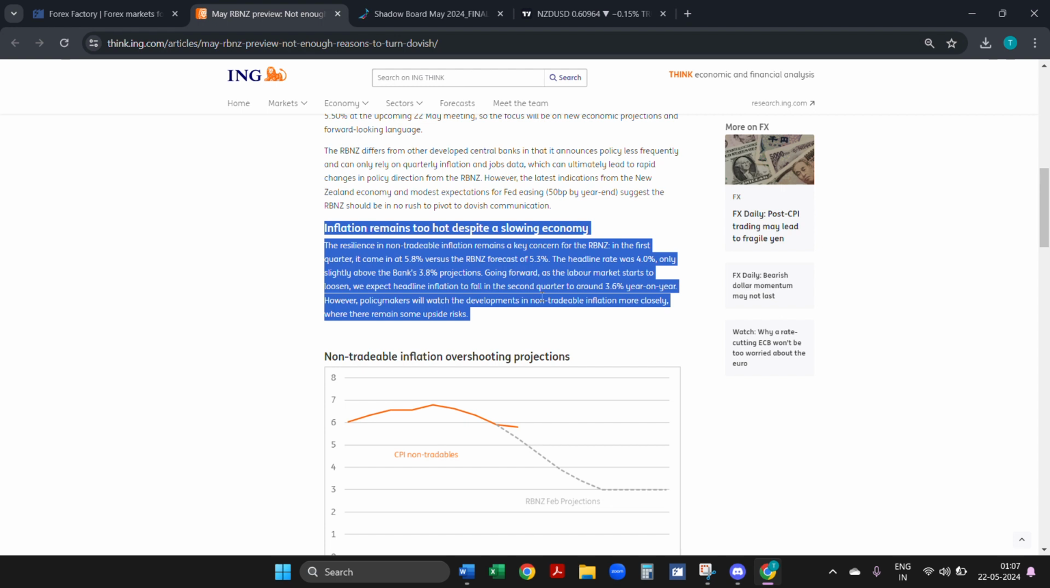So the central bank is expecting inflation to drop to around 3.6% year on year in Q2. So that will be a change in the trade sentiment till the inflation data comes out. So till then, as you guys can see,